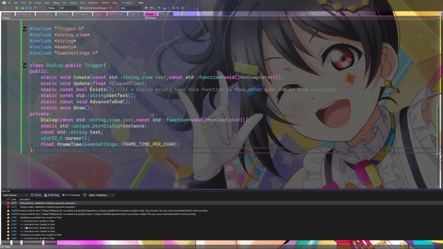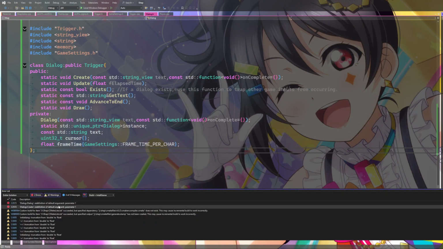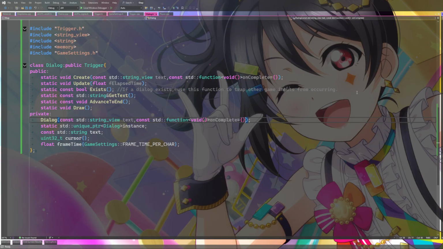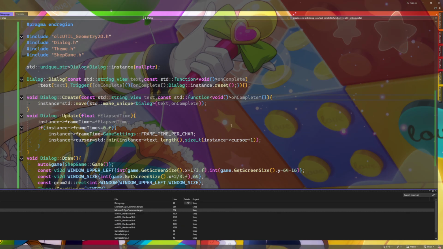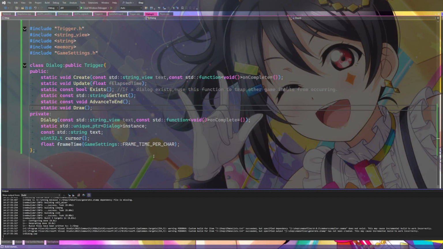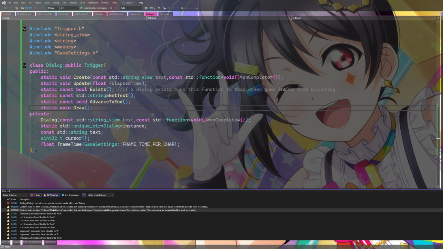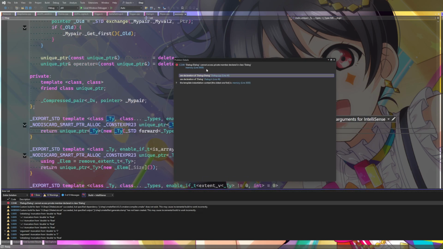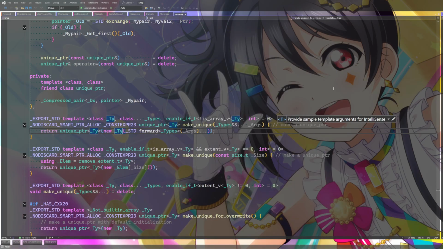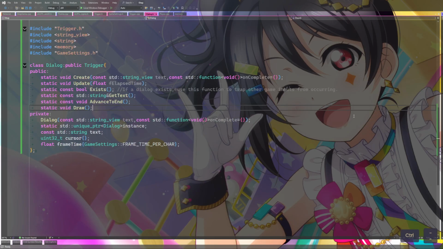As in redefinition of default. Oh, I see. Default argument. Same with this one. Should compile now. Cannot access private member declared in class dialogue. Oh, because the unique pointer tries to call the constructor, but it's private because it's a... Okay. Fair.